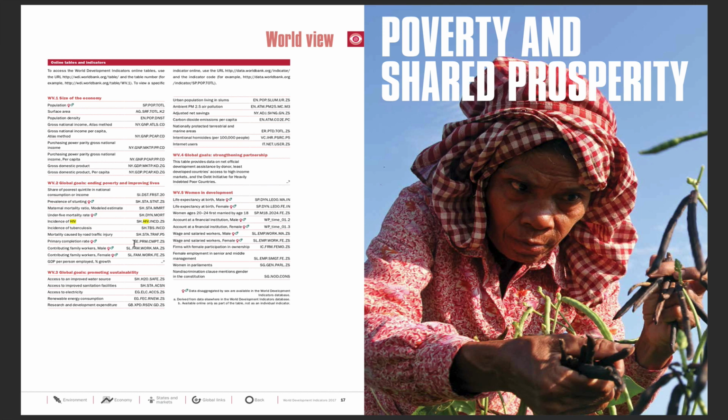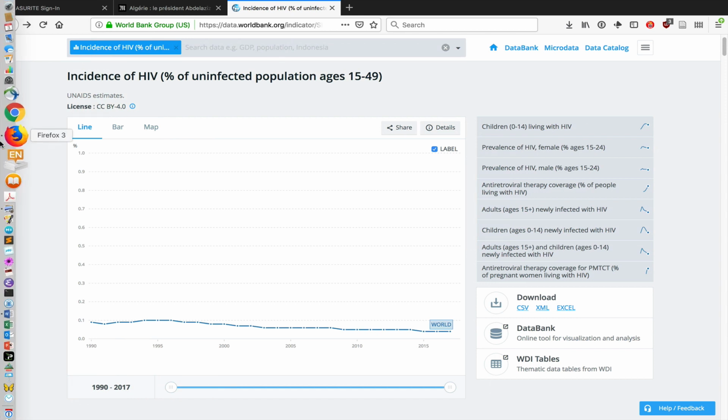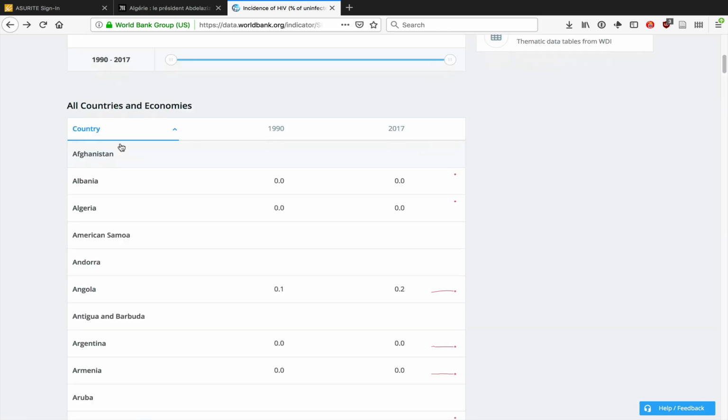In my announcement, I gave you guys an example with incidence of HIV. So let's have a look at that one. So what I would do in that case is highlight Data World Bank Indicator, and then copy this, paste it into my browser, and then copy and paste the indicator code at the end of that. What this looks like then is this. Where what we have is incidence of HIV, percentage of uninfected populations aged 15 to 49,